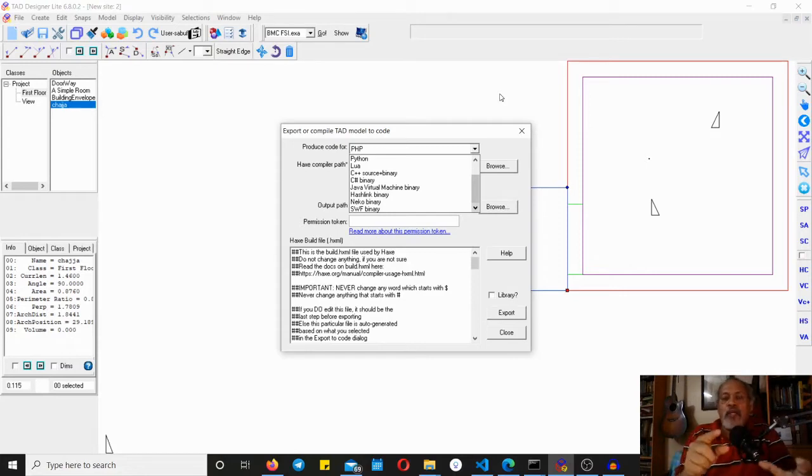Coming back to that point, every intelligent software has its own customization system, which is usually a scripting system, like AutoLISP, for example. Even TAD has that. It is called Ardella. The scripting language inside TAD is called Ardella. It's a language which I invented, which is based on a popular AI language called Prolog.